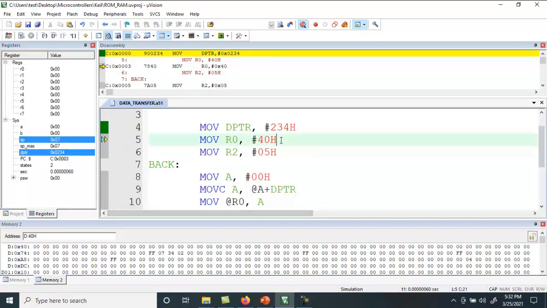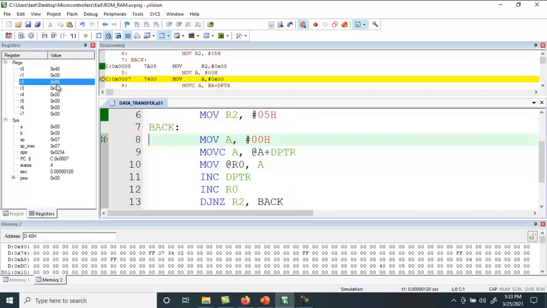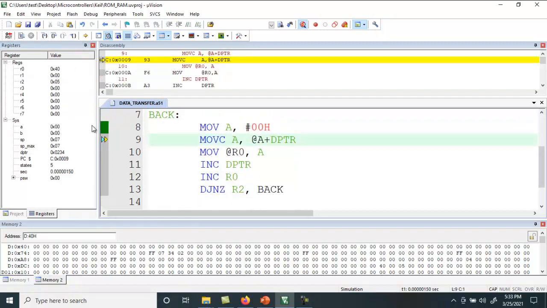In the next step, R0 will get initialized. R0 becomes 40. In the next step, R2 will become 5. R2 has been initialized to 5. Accumulator is 0. Already it is 0, but it is initialized to 0 again. Then MOVC A, @A+DPTR.